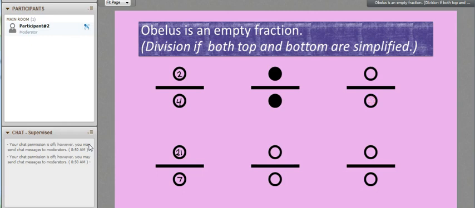Yeah, that's it. You take a number, divide it by another number. Well, let's do another one. x/3. Okay? We don't know what x is. We can't simplify this any further because it's a mystery value. I can't divide it into something I don't know what it is. But it is a fraction. Isn't that cool? It's an empty fraction. So what we're going to do is we're going to start moving away from the obelus,